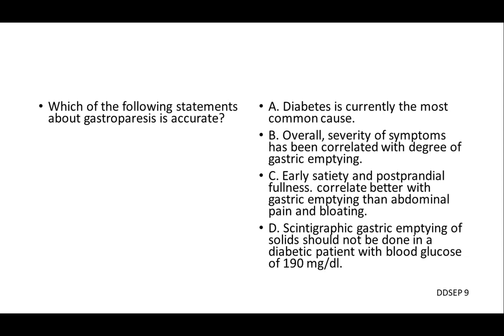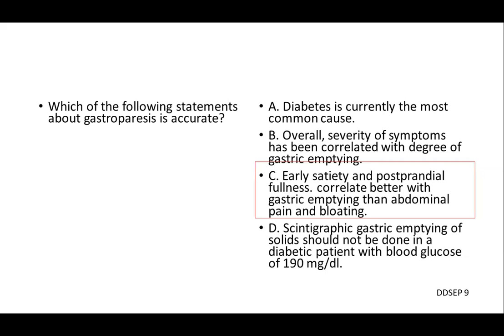I'll just work through this for you, actually. If you're doing test-taking skills here, choice D seems very specific. I have no idea what the blood glucose is supposed to be if you're taking a test, so that's probably not right. Choice A we eliminated already because I already told you. Choice B, severity of symptoms is not really necessarily associated. So you can have a horribly paralyzed stomach and actually not have that severe symptoms, and vice versa. You can have pretty mild gastric dysmotility and just feel terrible. This is common a lot in the GI tract, even for inflammatory bowel disease. You can have a rip-roaring disease process and have minimal symptoms, or vice versa. It's not clear why that is, but they don't necessarily correlate.